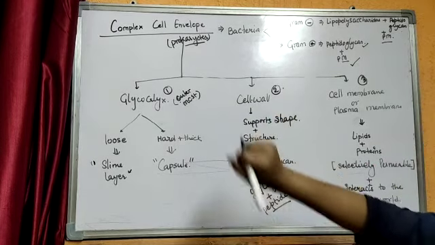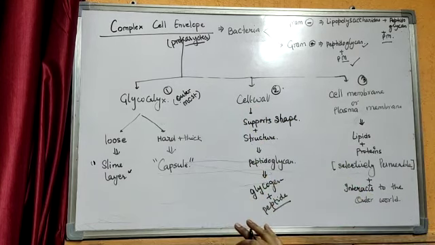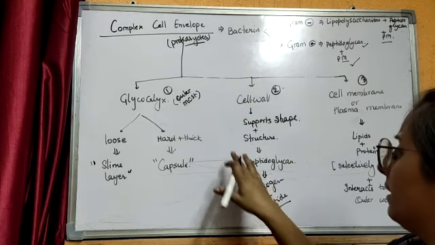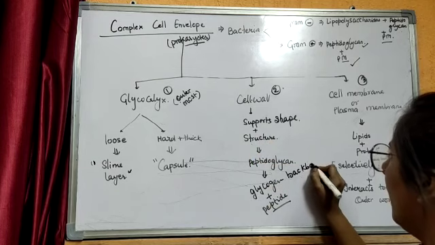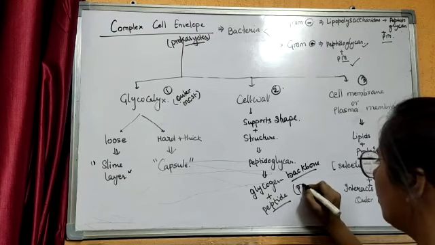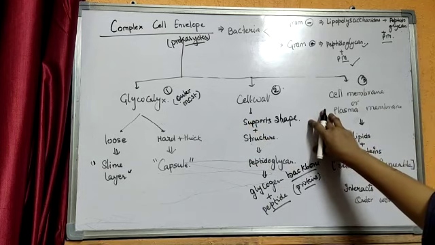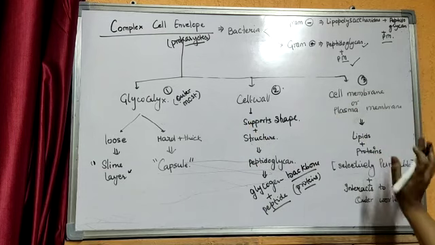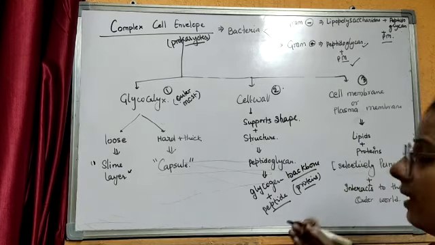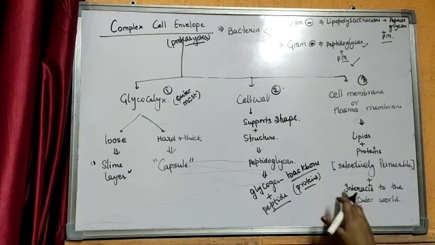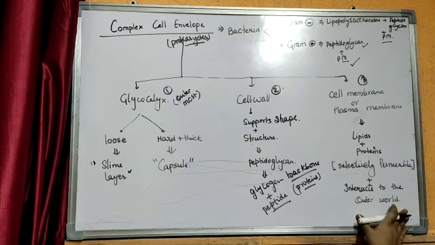The second layer is the cell wall, which supports the shape and structures present in the bacteria. It is made up of peptidoglycan, which has a backbone of glycan and peptide or protein molecules. The third one is the cell membrane, also called the plasma membrane. It is made up of lipids and protein. This membrane is selectively permeable, meaning it only allows selected molecules to pass, and it helps the bacterium interact with the outer world.